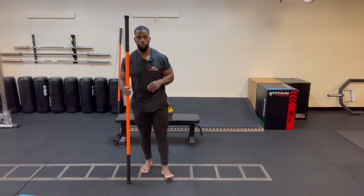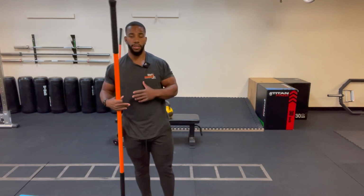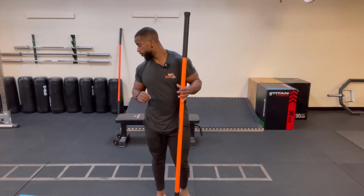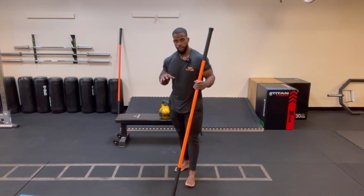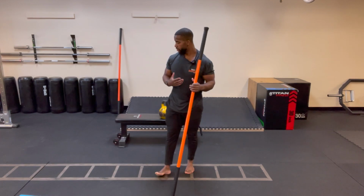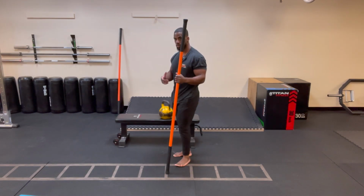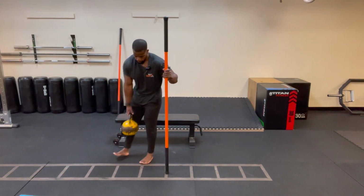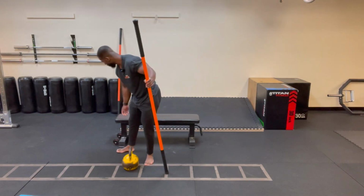Let's take a second here before we get into the next one. So we combine movements to kind of get a little bit more out of it, right? So that's one way you can add in the stick to a Bulgarian, to a RDL. It's a fun one. It's a little challenging. Foot, ankle, hips all get involved, but it's a really good way to get more done with a little less transitioning. So I'm going to move the bench here,